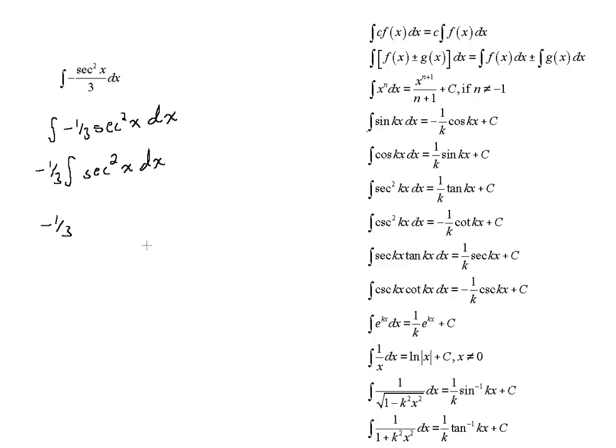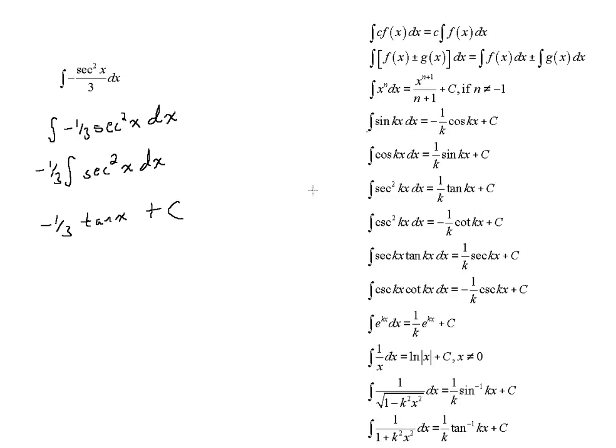Well, if you know your derivatives, you know that the derivative of the tangent of x is the secant squared of x. So that's how I think of those. It's much easier than memorizing. Well, you should memorize these formulas, but anyway, here it is right here. K in this case would be 1, but